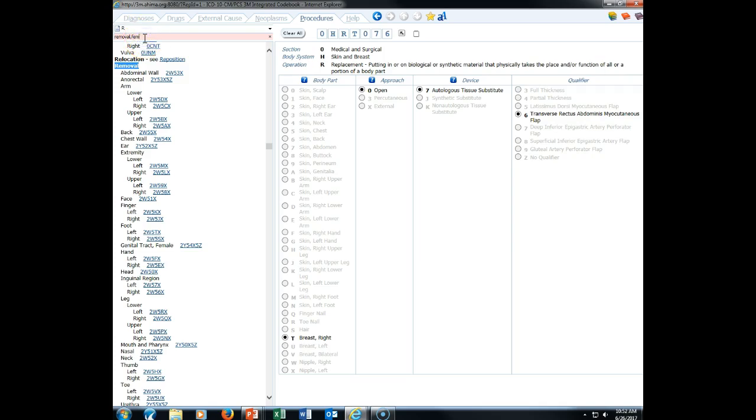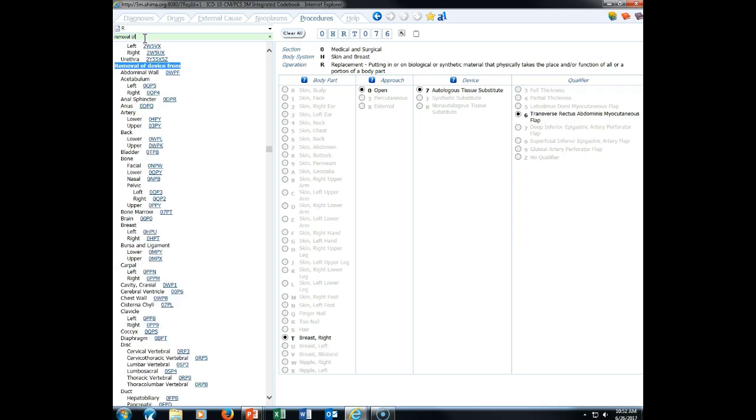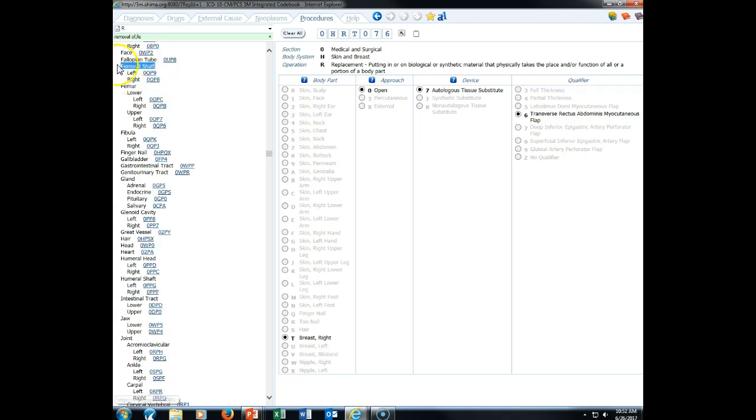And so I want you to notice something here. I've put removal. Look at where all these codes are going to. They are not going to medical surgical. So if I put in removal of device from, then I'm going to find femur. And this was the upper femur on the left,